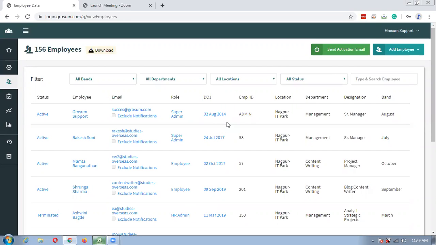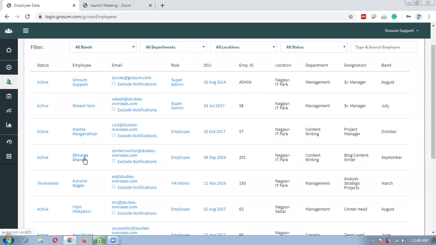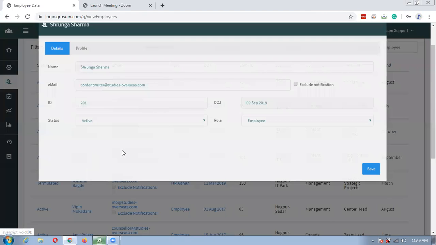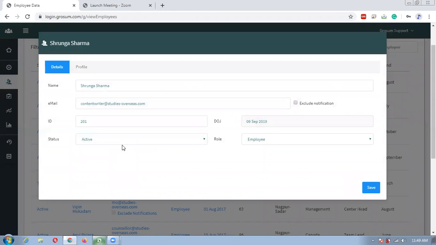FAQ 2. How to change employee details. Click on the employee whose details you want to change. Once you click on, you can see the modal starting with name, email, ID. You can change all of these fields and you can also change the status whether the employee is active or terminated.